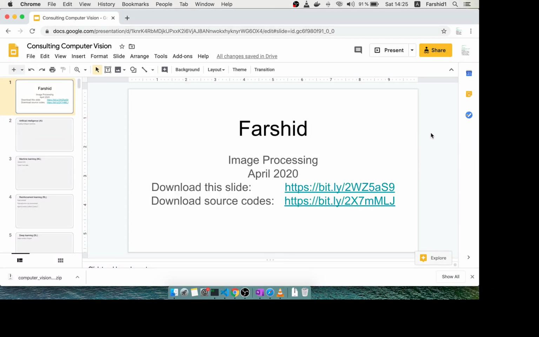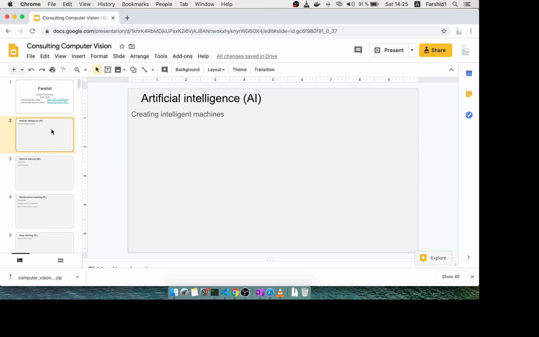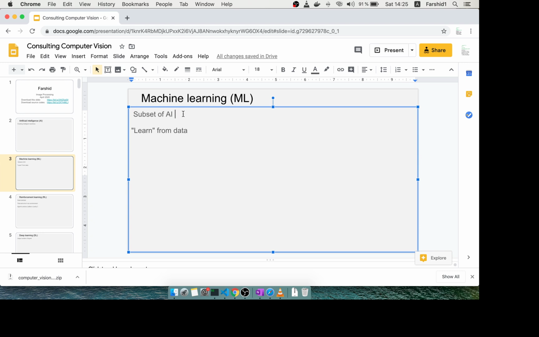Hello, we continue with computer vision and deep learning, and we discuss some basics. So we review what we said in the previous video, and we are going to cover reinforcement learning for deep learning. We go through some definitions of artificial intelligence, machine learning,